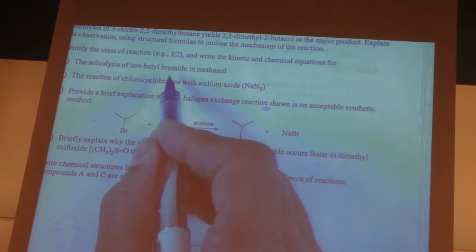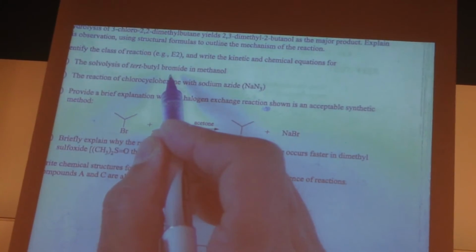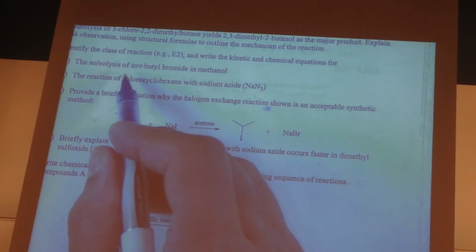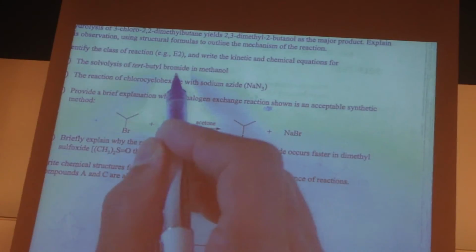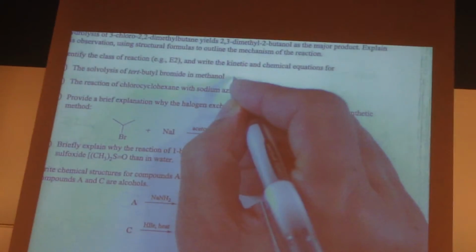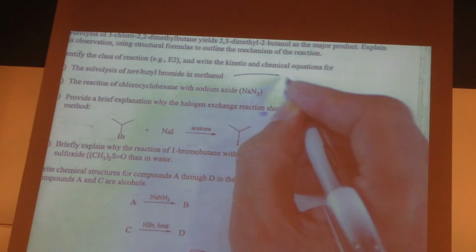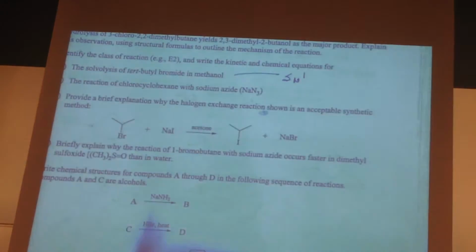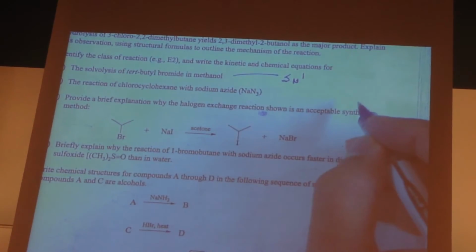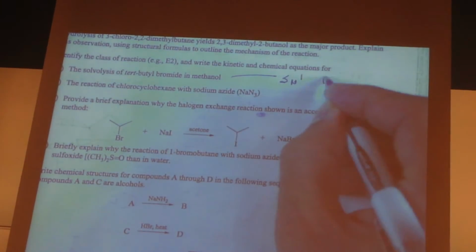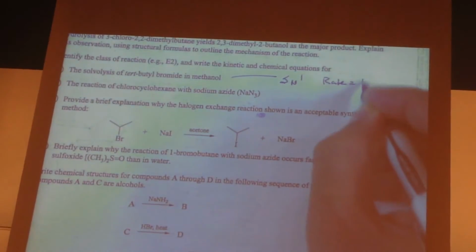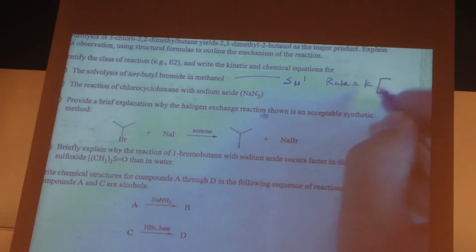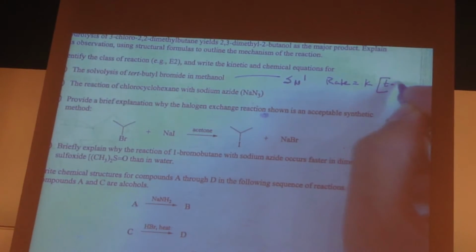Therefore, that is going to generate the t-butyl carbocation, which then undergoes solvolysis, which is therefore an SN1 process. Therefore, we are going to see the rate as k times t-butyl bromide,